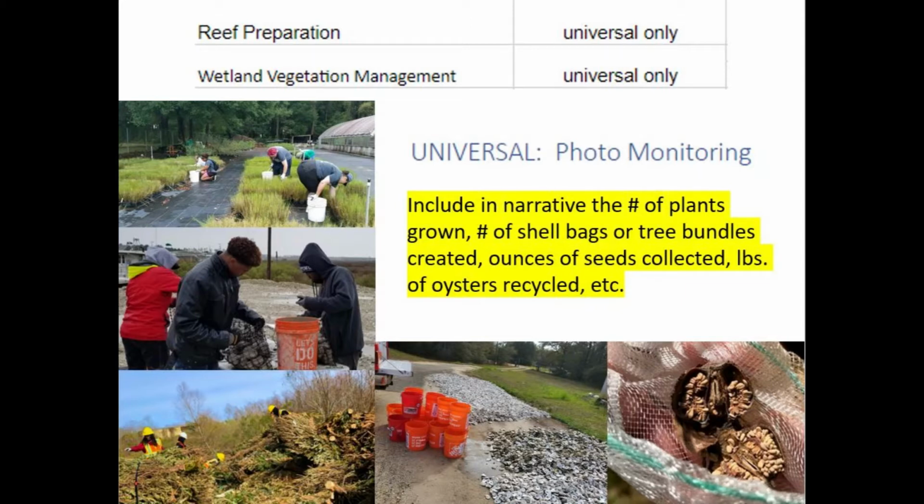Under wetland vegetation management, again, this is a broad category covering any type of preparation work you would do for wetland vegetation that is intended to be planted or grown later on. This may include collecting seeds for later propagation, such as the photo in the bottom right of pitcher plant seeds, or working at a nursery and tending to plants that you are growing to later be planted